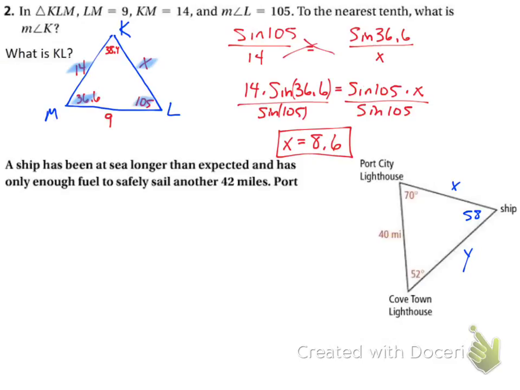I'm going to go ahead and do the last two problems and skip this one because I believe that this one we are able to do. And it's the same as all the other ones. Write a proportion with these two together, and then X and 52. Once you've done that, write a proportion with, again, 40 and 58 degrees, and then 70 and Y. So the last